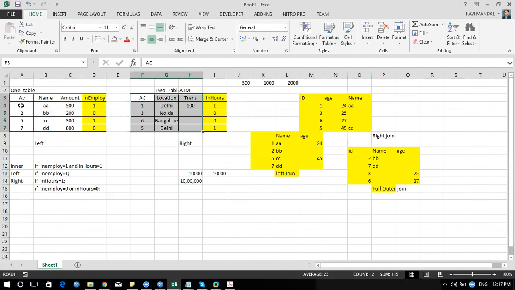So a first user, okay, the name called A opened an account with 500 rupees, correct? It's the same like this, correct? Now this is the ATM card given to you. You went to the ATM and try to withdraw the money, correct? While withdrawing, they're capturing your data and say, okay, this is the account number in your ATM table, and from location Delhi, and they are withdrawing a transaction of 100 rupees, maybe 200, maybe 300. It is happening for different users, correct?